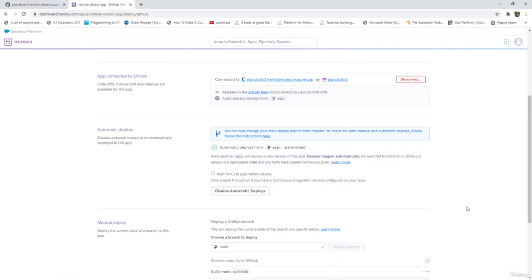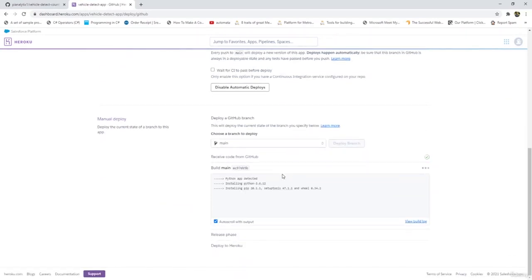We'll see what the logs are for this. Firstly, it will show you this log. Here you can see that it has detected that this is a Python app. After that, it installed Python and other required libraries as we have mentioned in our requirements.txt file.